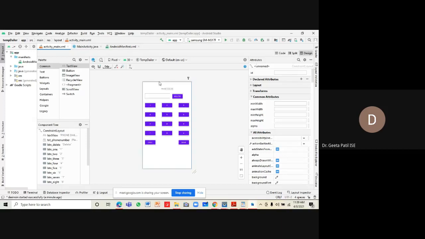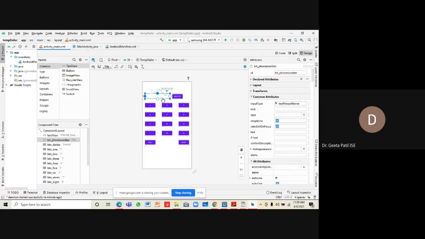Let me explain the code associated with this. What are we supposed to do in this? Whenever any button is clicked, whenever button 1, 2, 3, 4, 5, 6, 7, 8, 9, star, 0 or hash is clicked, the corresponding content should be appended to the content of this text view, right?